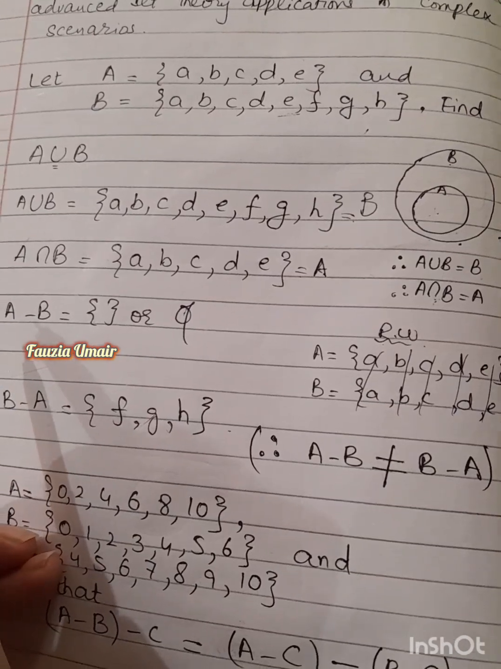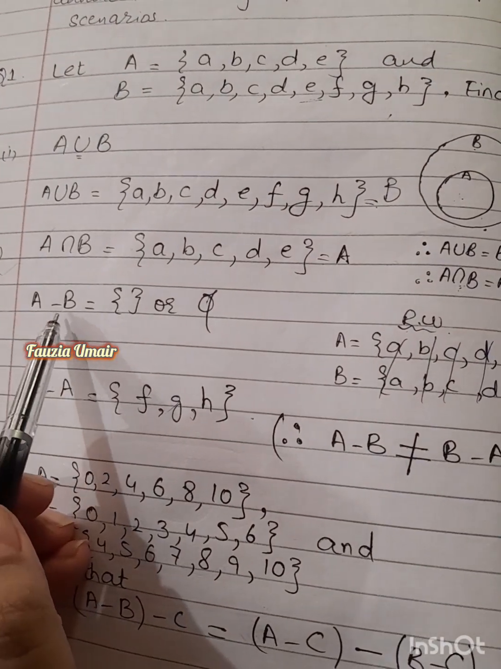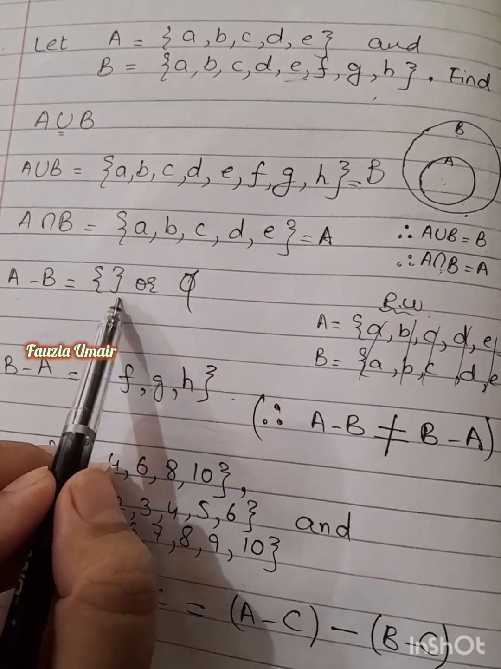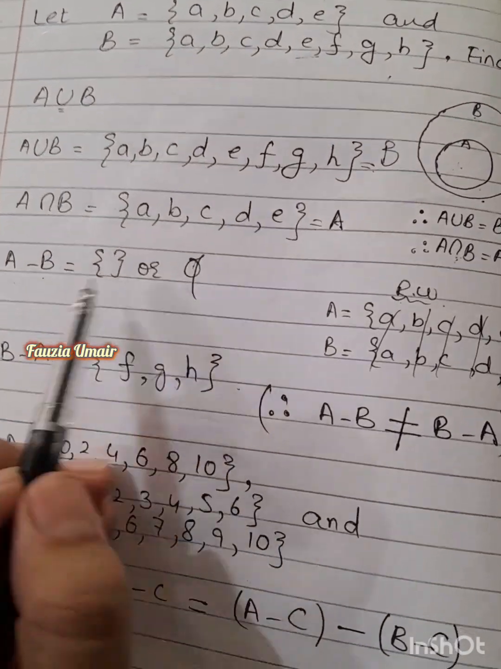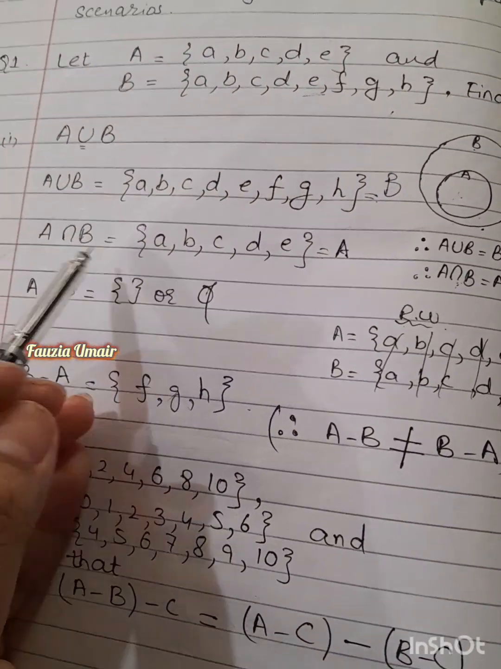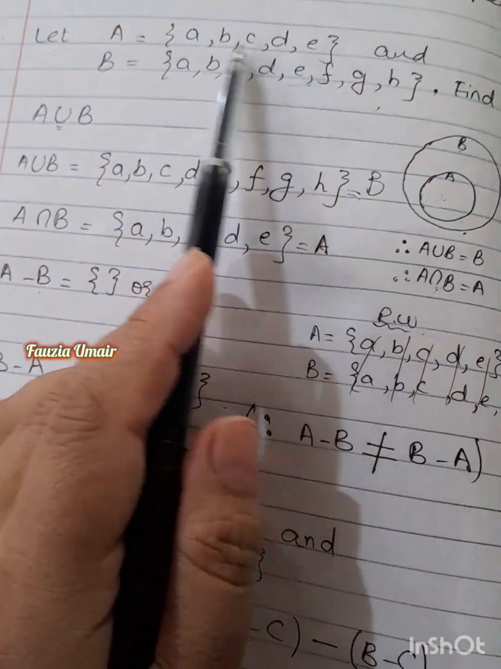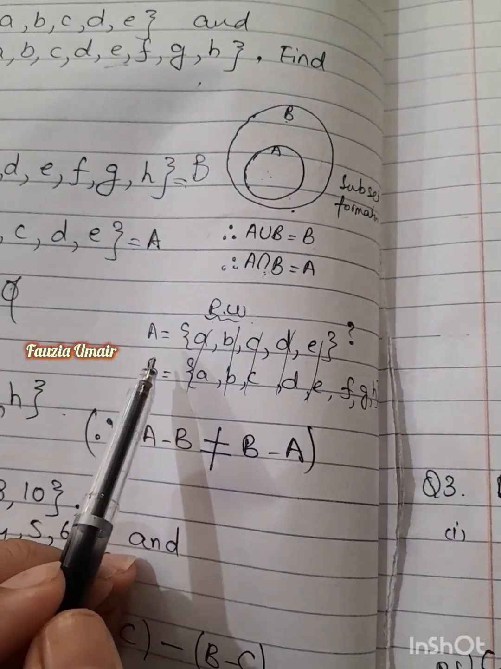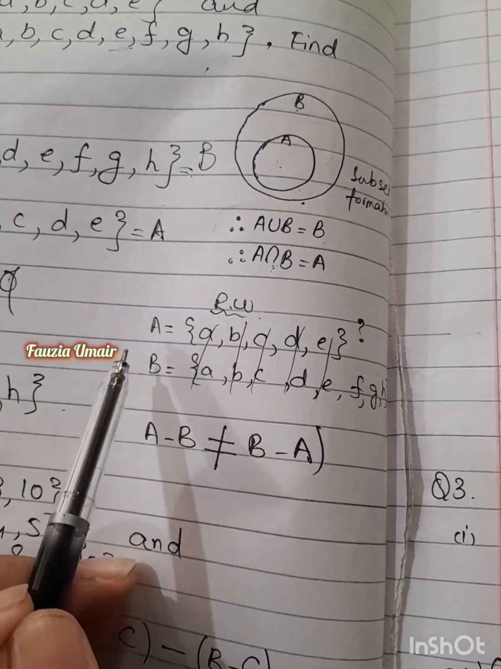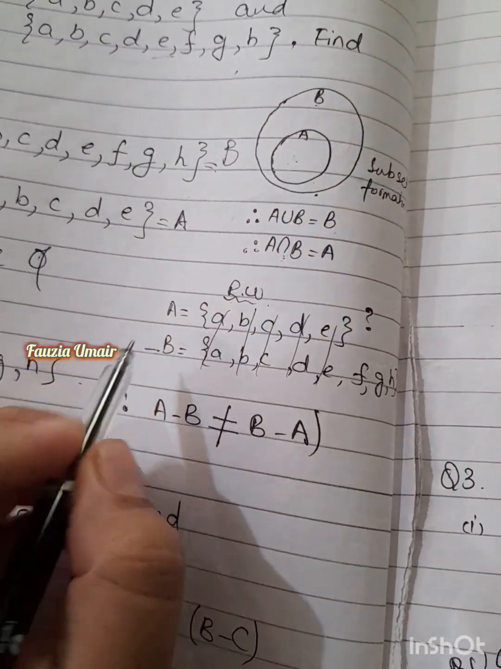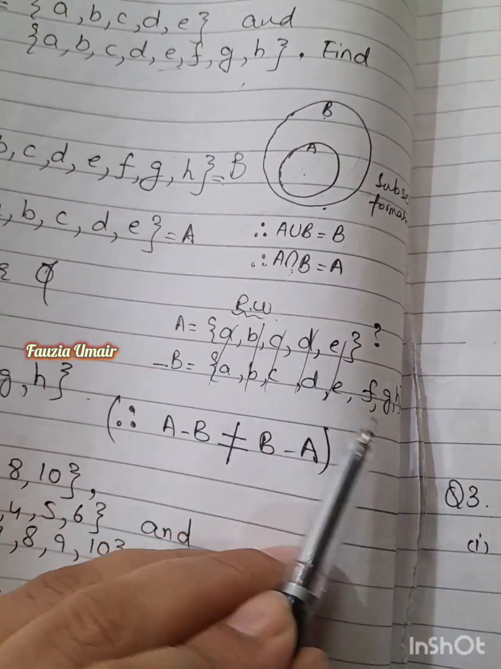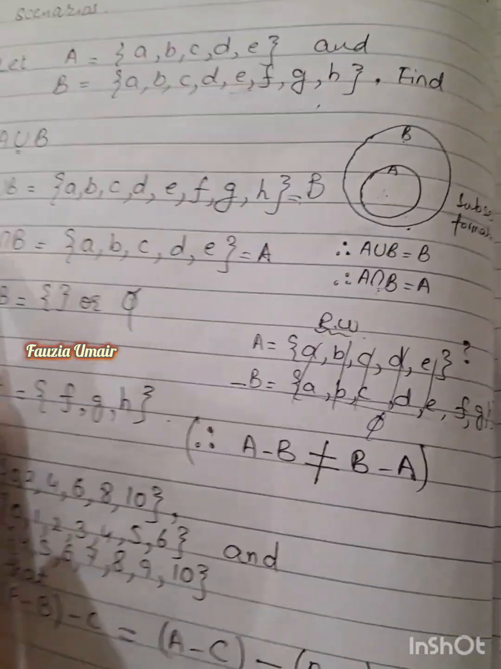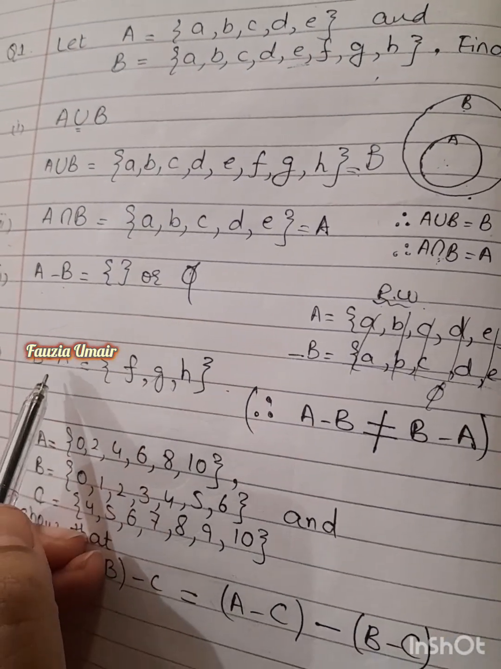Now let's see what A minus B is. A minus B is basically that all the elements of set A which are not in set B will come in the answer, but we have already discussed that A is a subset of B. It means all the elements are already part of B. I have done rough work also for you. You can do it like this. You can see there is no element of A left which is not in B, so the answer would